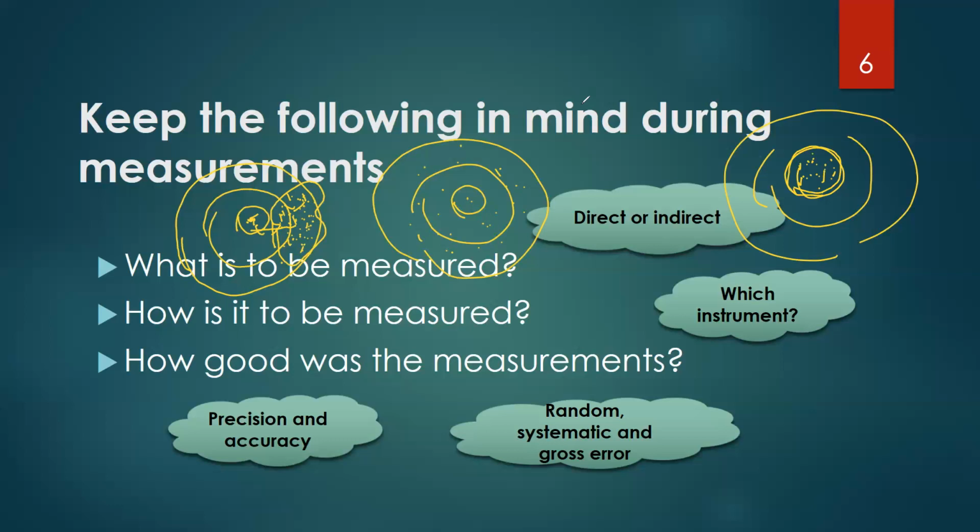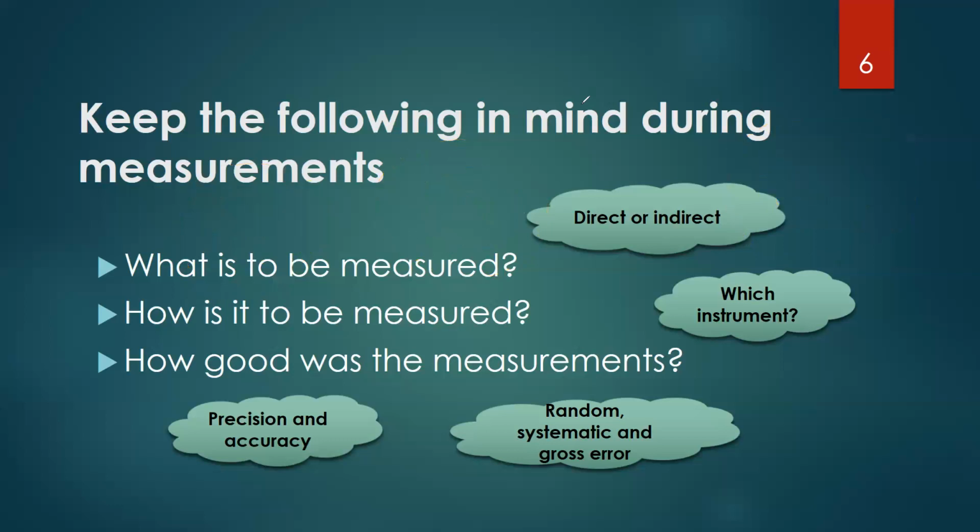So precision and accuracy are not the same kind of thing. Precision means that if I repeat the measurements many times, the points will be closer and denser. But accuracy means the distance from reality, what this measurement should be in reality, or how far they are from the